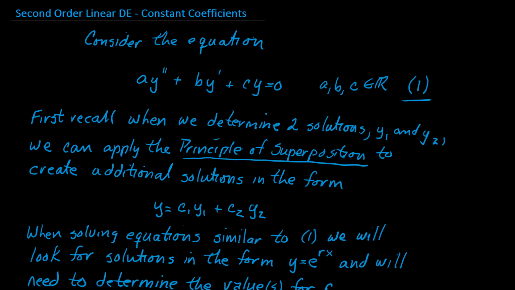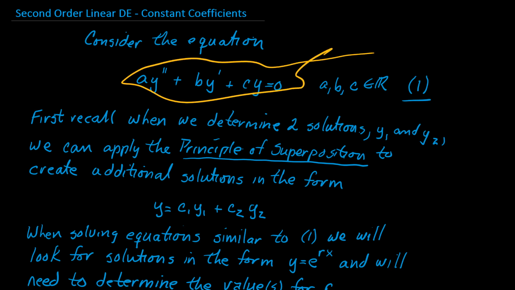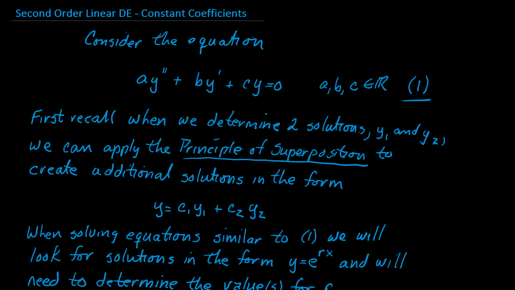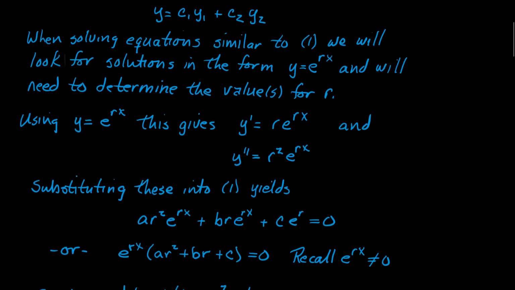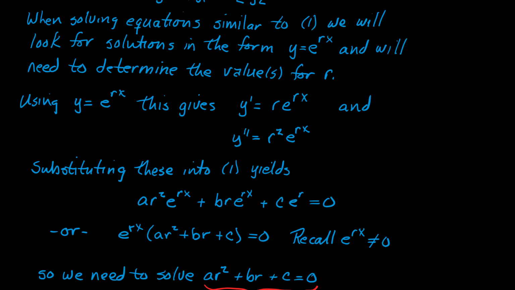When we solve an equation like this one up here, we're going to be looking for solutions in the form of y equals e to the rx. And what we're going to need to do is to determine the value for r in the exponent. When we take the derivative of this, we are going to wind up with two additional values. Our first derivative is r e to the rx, and our second derivative is r squared e to the rx. When we take these values, y, y prime, and y double prime, and substitute them into the equation that we have up here,